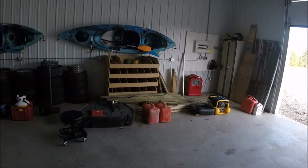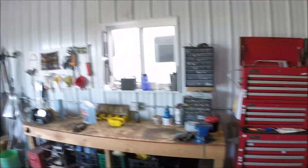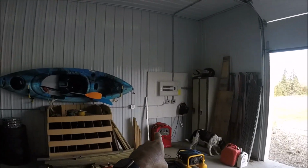I have it set up where I have tools, and I can bring in a vehicle in here, and with ramps, I can do oil changes, I can change tires. I got tires for the kids. I can do shocks and whatever, basic maintenance on cars, basic maintenance on motorcycles, and DIY projects I can do here. Now, I have electricity coming into the shop,